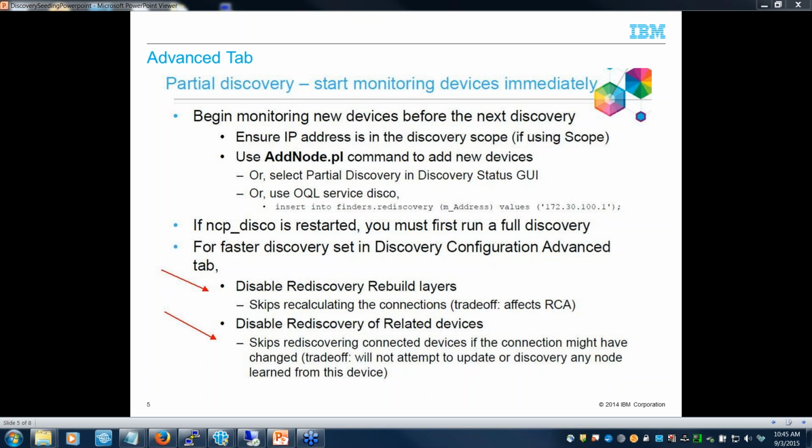I'm not certain who asked that question. I can read the questions on the other chat. So